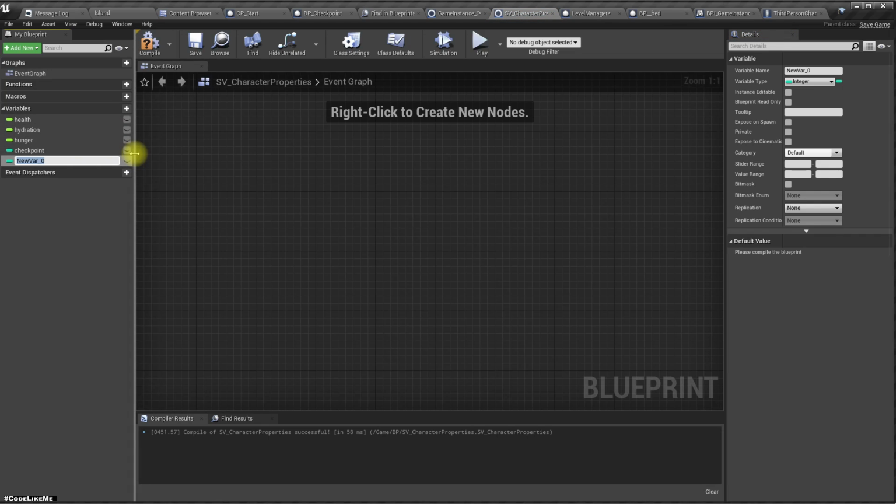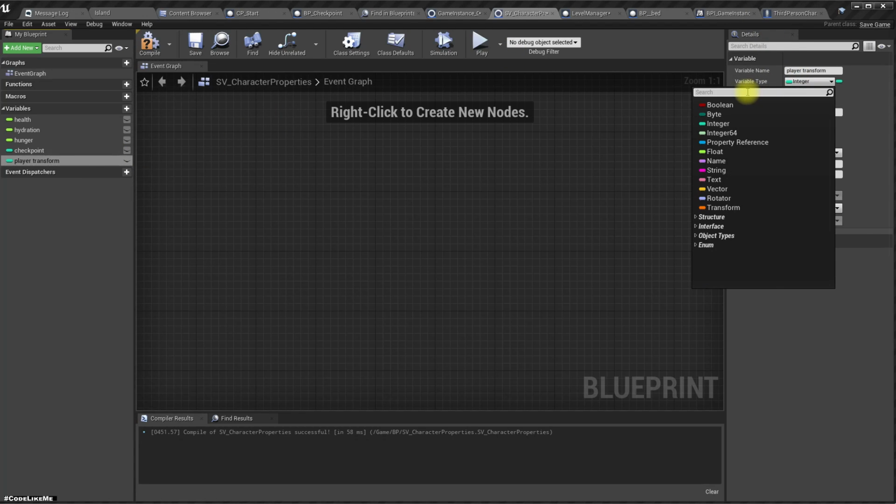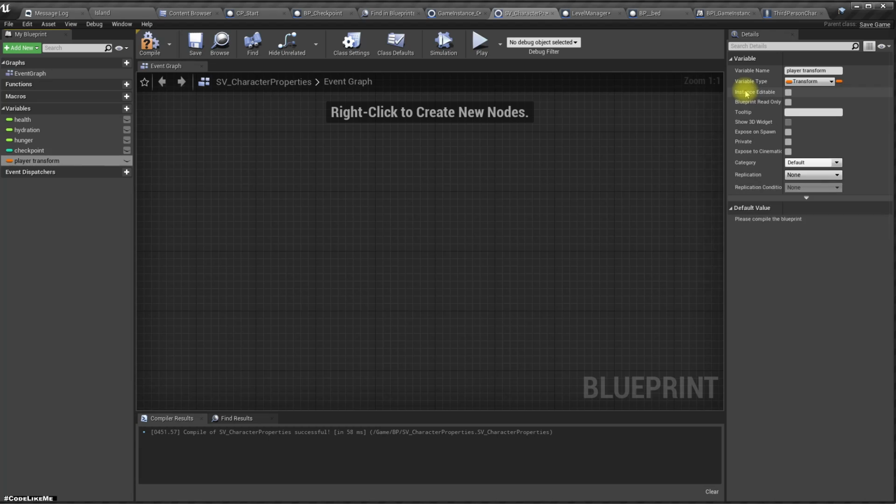So let's add transform, the player transform. It should be of type transform. Okay,